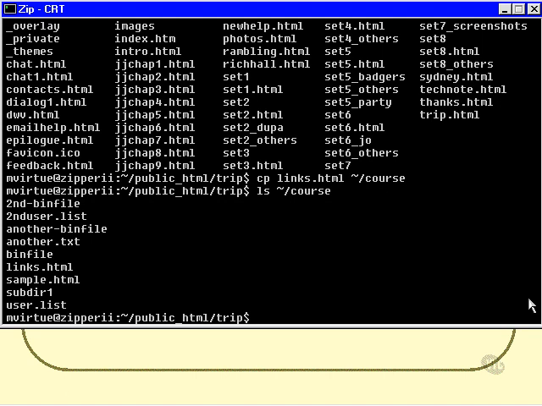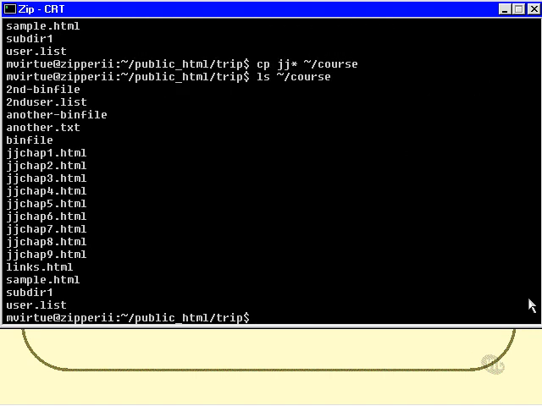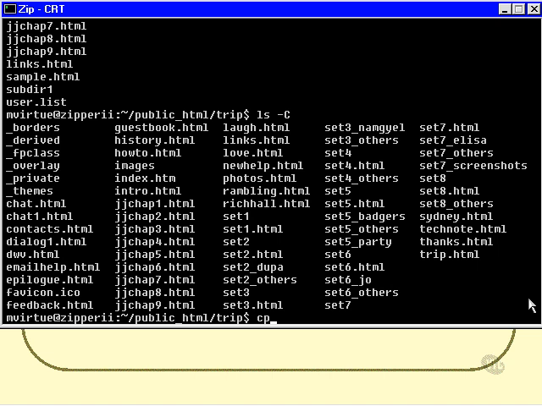I can also copy several files into another directory. So I could say copy jj*. All the files that begin with jj can be copied into the tilde/course directory again. Now I'll do an ls of tilde/course, and now there's quite a bunch of files in there. You can see that all the JJs 1 through 9 got copied. It would have been quite possible for me to copy multiple files in this manner. I could say set1.html and set2.html into the tilde/course